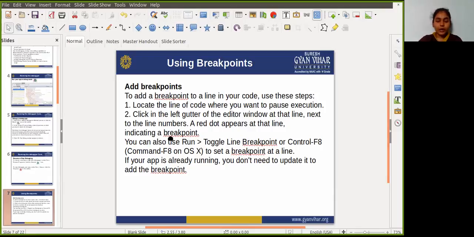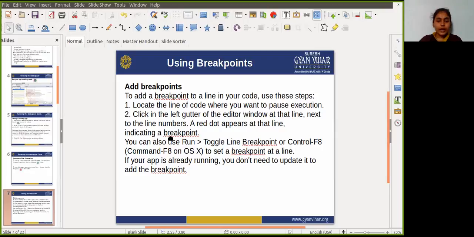To add a breakpoint to a line of code, you need to use these steps. In the first step, locate the line of code where you want to pause execution, and then click the left gutter of the editor window at that line, next to the line number.